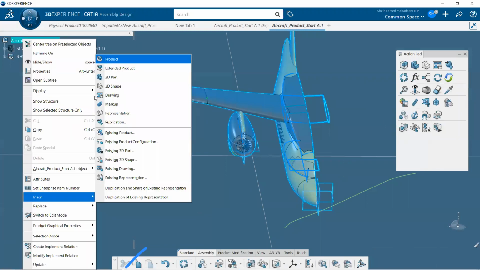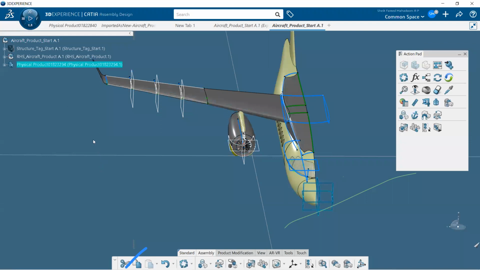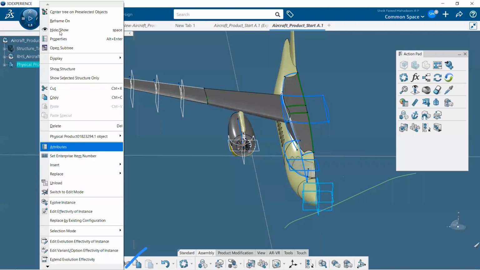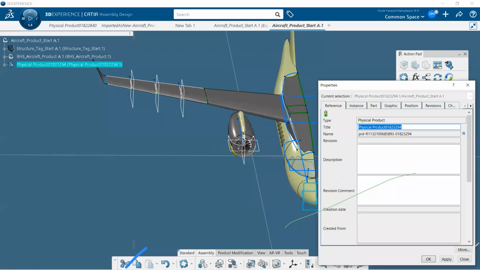Click on a 3D part, and a 3D part is created. Just rename it in properties as left hand side of the aircraft. Say okay.